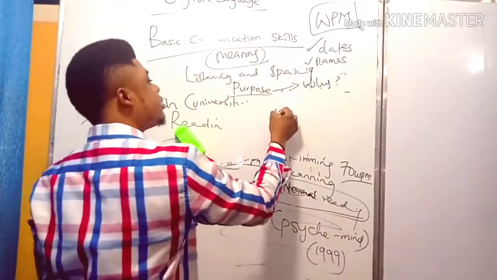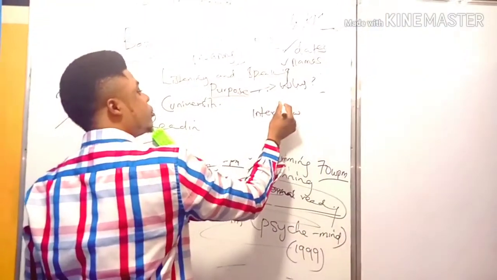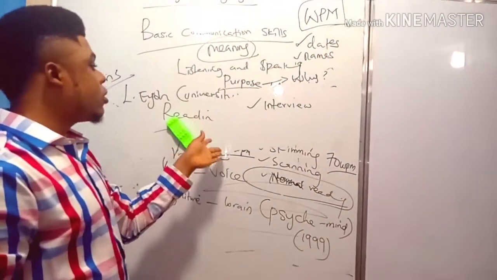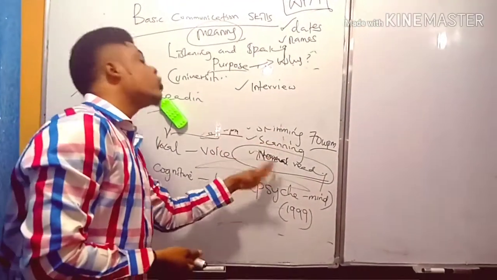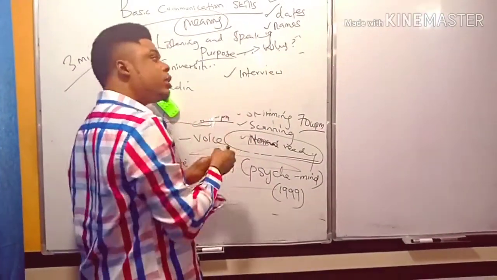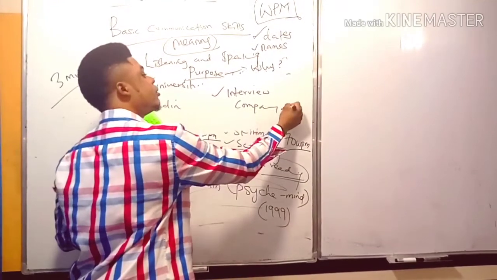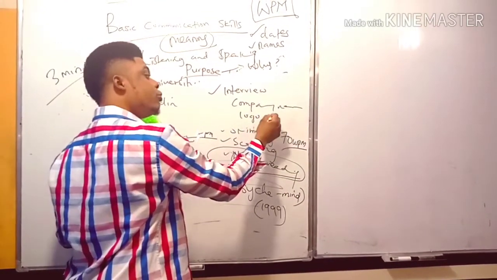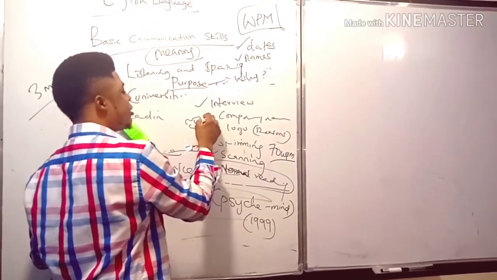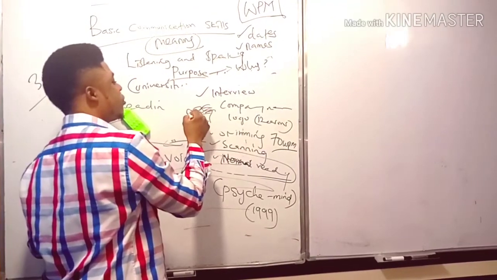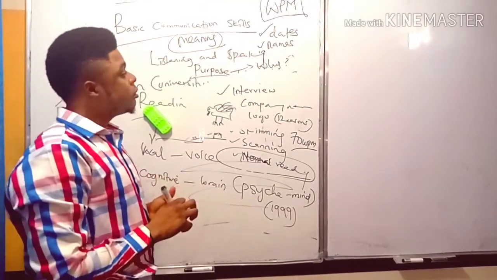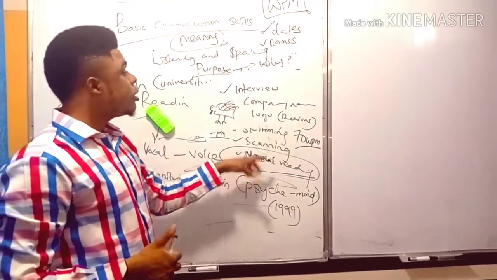Let's say you're reading for an interview. What method will be very important for an interview? Of course, you have to skim at some point and scan at some point, but first of all you have to read normally. Get all of the points of the company in question: the company name, their logo, the reason for the logo, if there's any. If there isn't a bird as their logo, why isn't there a bird as their logo? You have to find out all of these things, and you get all of those points when you read normally.